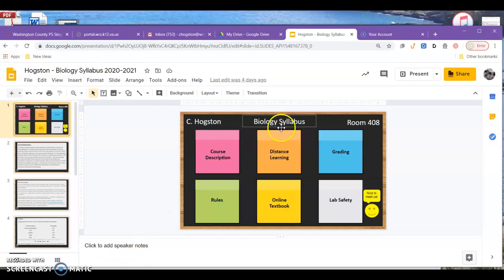So this is your syllabus for biology. My name is Miss Hoxton and my room number is 408. In order to see this as a presentation, if you'll click on where it says present,